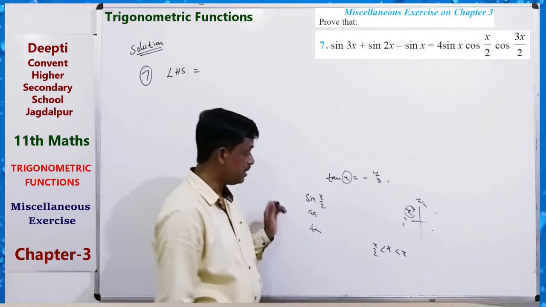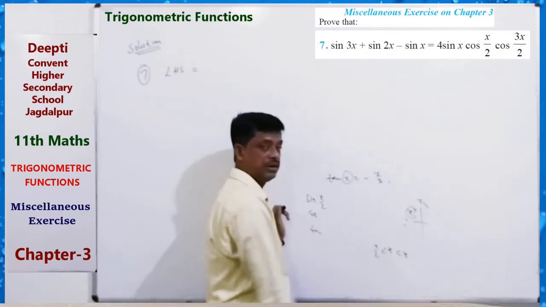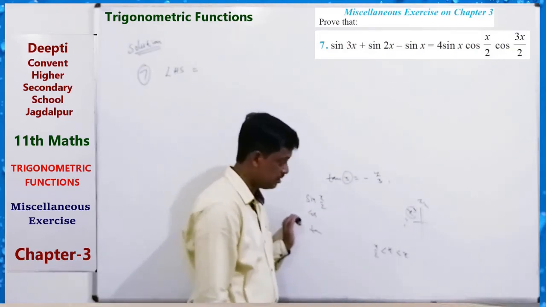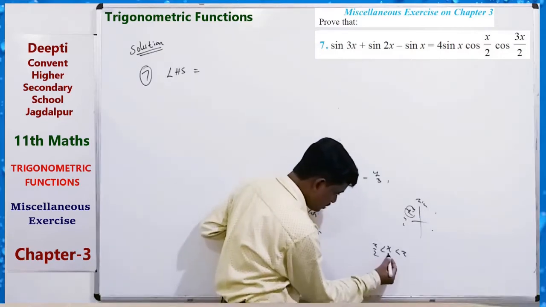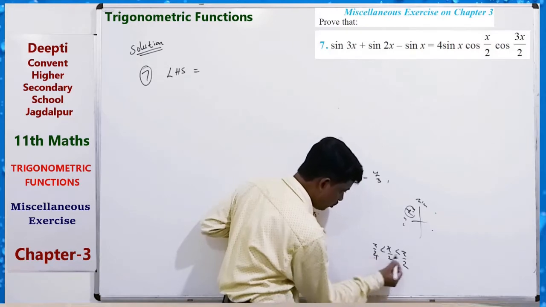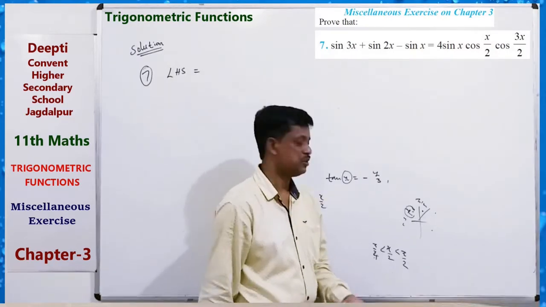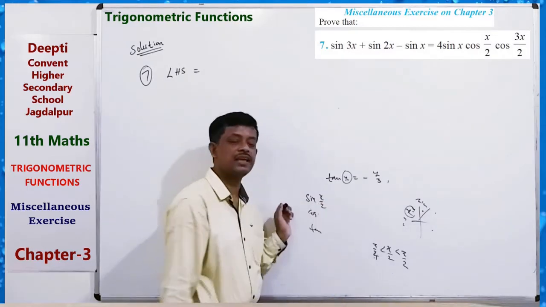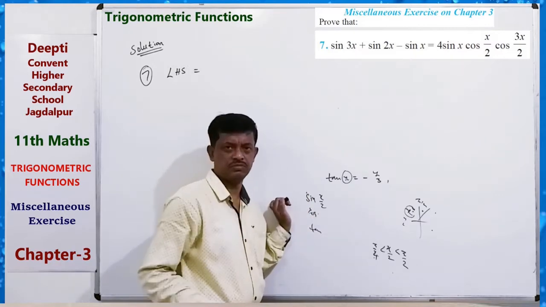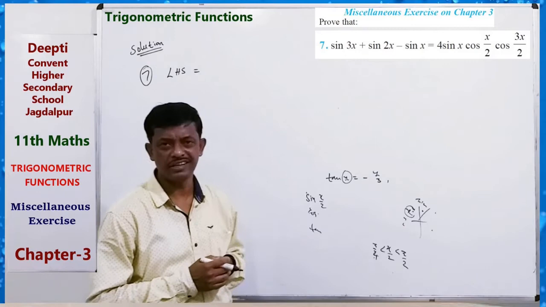This is the pure angle x and the half angle we have to find. Okay, so here x lies in the second quadrant, then x lies between this, so for x by 2 we divide by 2, so pi by 4 to pi by 2, that is the first quadrant. So this x by 2 lies in the first quadrant. So sin, cos, tan all are positive. This is our decision.